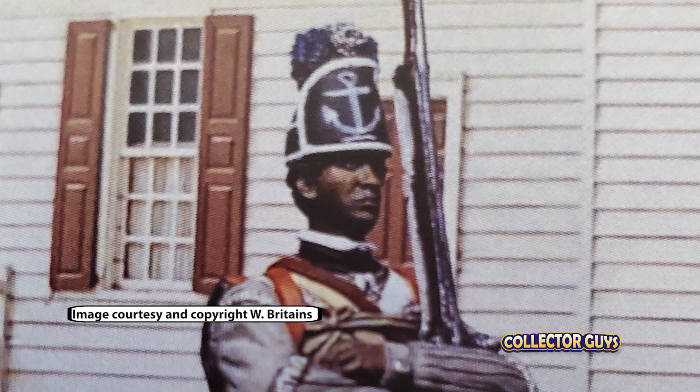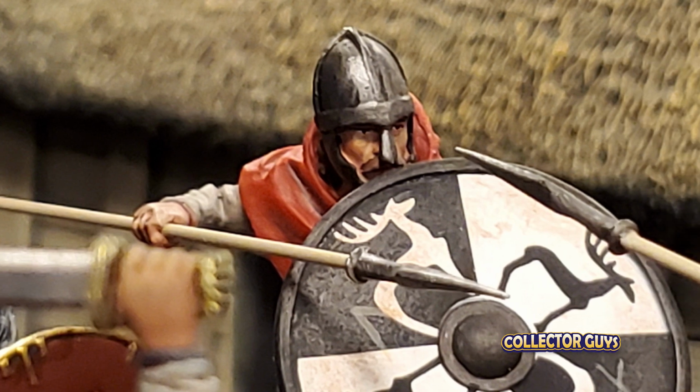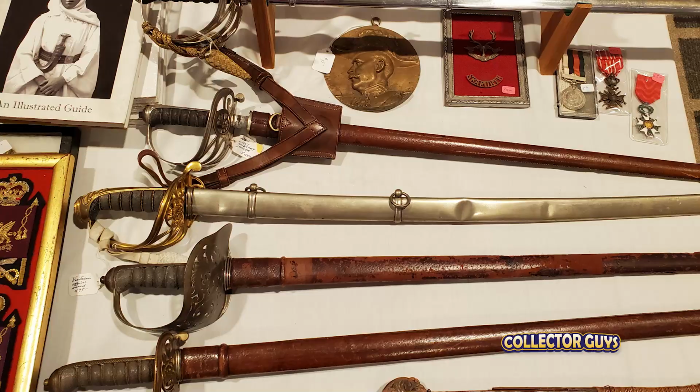Doing historical miniatures is a chase. It's almost like a forensic reconstruction. You're at a murder scene. What happened here? Who are the players? It's the same thing. You think we know what Vikings look like? Well, we don't, and we still don't. We may never. A World War II GI, what a guy will tell you he remembered wearing versus a photograph of what he was wearing can often be two different things. So everything we do takes a great deal of research, sometimes hands-on with real artifacts,